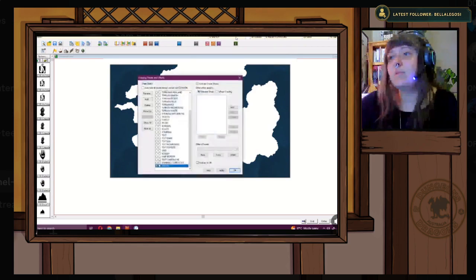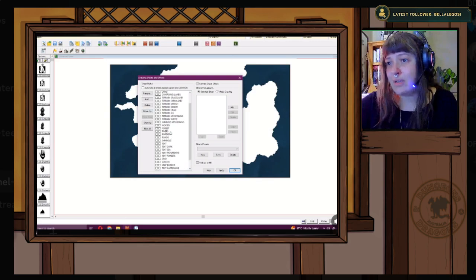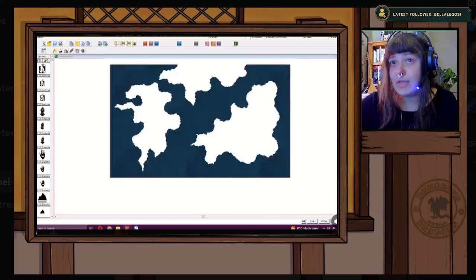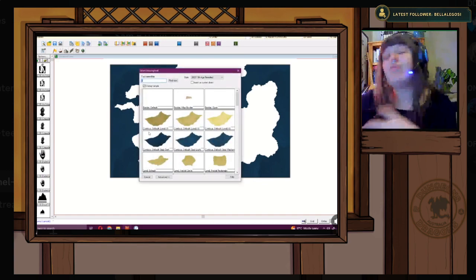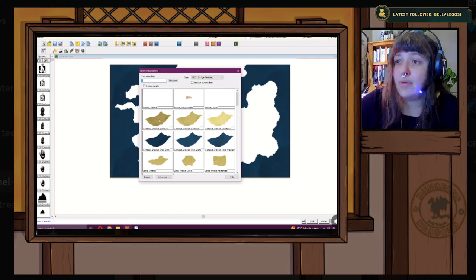So when it comes to filling in the landmass itself, this program's actually quite smart. It's going to know that you're putting down land. So what we're going to do is start with just basic land, because we can fill in the details a little bit later once we've got a little bit of a better idea what we want. So I'm going to go land default,